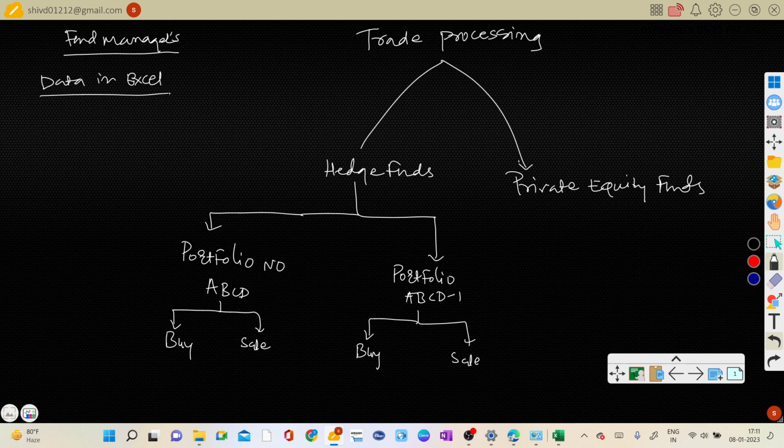And as a processor, what we want is trade date, settlement date, quantity, par amount, par means principal, then price, right? Currency,